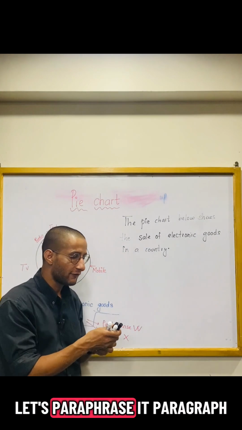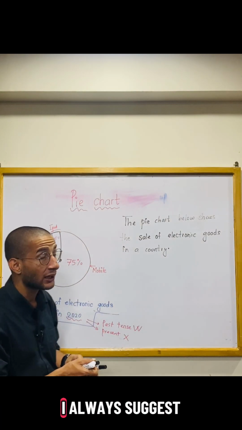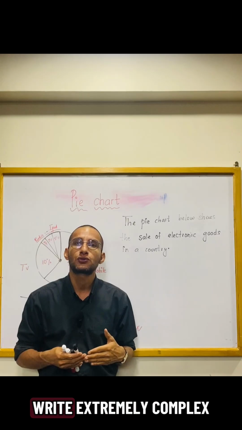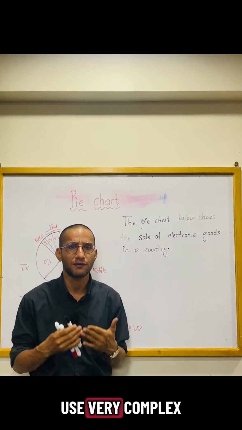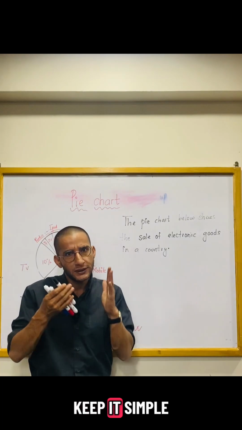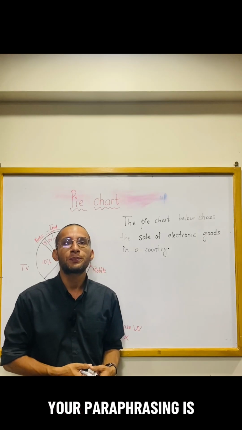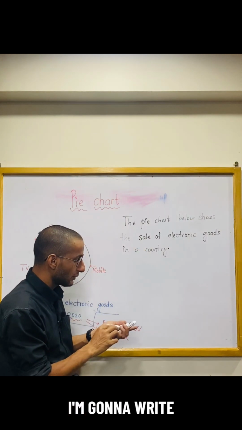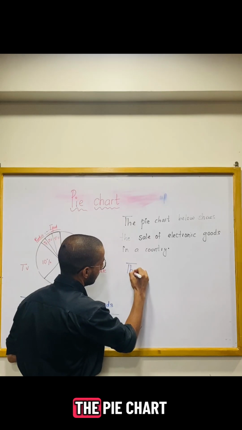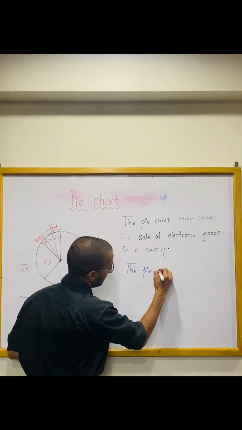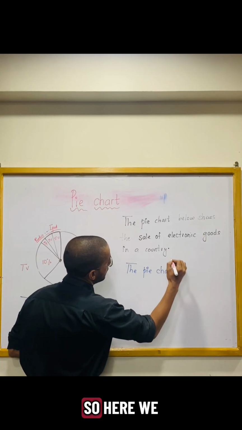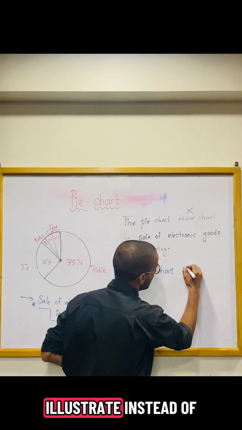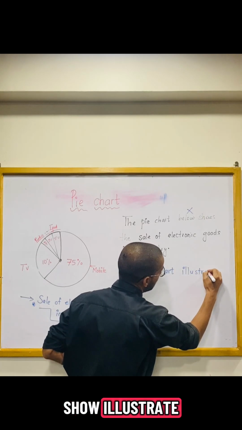Now, let's paraphrase it. Paraphrase, I always suggest that you do not have to write extremely complex words. No. Keep it simple and correct. If your paraphrasing is good, paraphrasing means writing the same thing in your own language. So I'm going to write it this way. The pie chart. So here we don't need to write below, we say shows. You can say illustrate instead of show. Illustrates